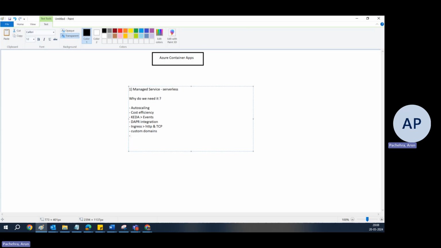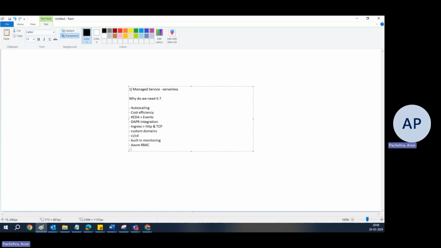Okay, then it has a direct integration with the CI/CD, Azure DevOps as well. We have built-in monitoring system like Azure Monitor, and because it is a part of Azure services, so of course you have Azure AD there, and you can apply Azure RBAC, which is one of the features of security that we should employ. And it also comes with